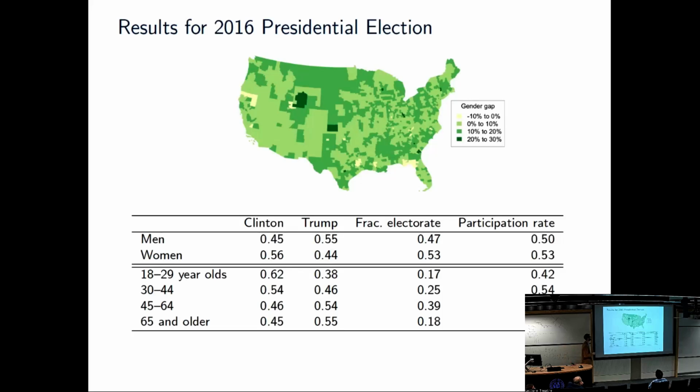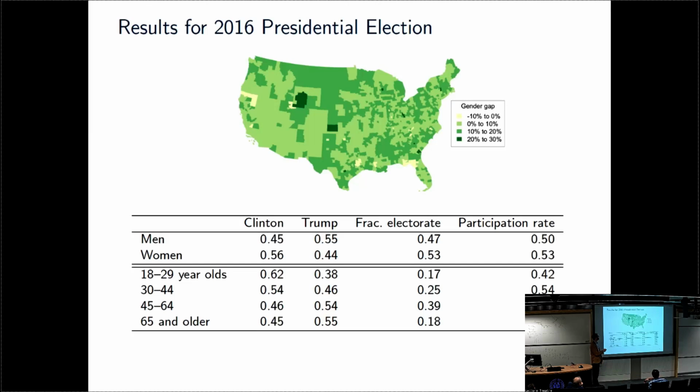Again, you can see the gender gap here, and there are some interesting outliers. Here are places where the support among women minus men exceeded a 20% gender gap, which is kind of crazy, if you believe it. And there are places that go the other way, although not very many of them, where men supported Trump more than Clinton. The other strange thing about the American system and about analyzing all this data, sort of like Simpson's paradox, but not really, is that Clinton won the popular vote. So anytime you're looking at these things, trying to think about where Trump's support came from, Trump didn't win the popular vote. So it's a strange thing to actually think about.